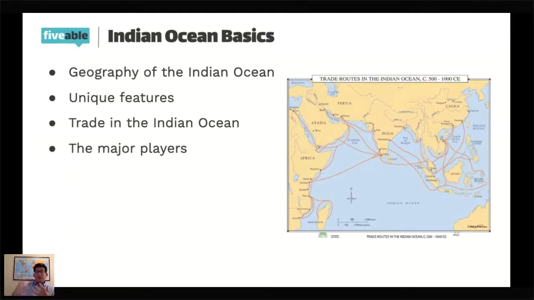So if we think about those unique features, those cosmopolitan cities, of course, this is a trade network. And that's what we're thinking about today: trade, trade, trade. So what exactly was traded in the Indian Ocean? Well, we want to think about trends for trade. Typically, what we see are in overland trade, and that would not apply to the Indian Ocean here, but in overland trade, you are dealing with difficult terrain, sometimes great limitations on how much you can carry from place to place. It becomes quite expensive to move goods from one place to another.